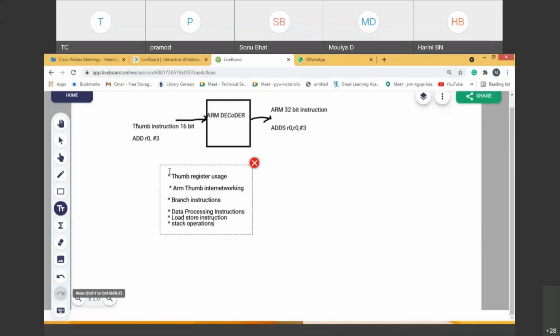Stack operations are very important. So push and pop instructions, which we have studied for the ARM instruction set. Similarly here, how the instructions can be pushed onto the stack and popped from the stack using the program counter register as well as the link register. And lastly, this includes software interrupts. Okay, so this is the simple study we are making with this